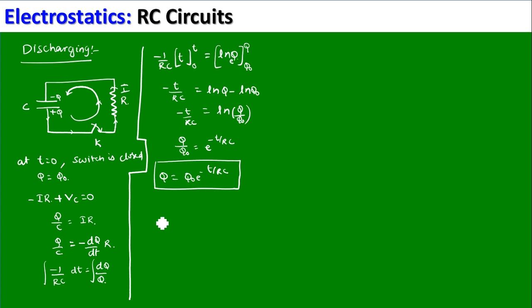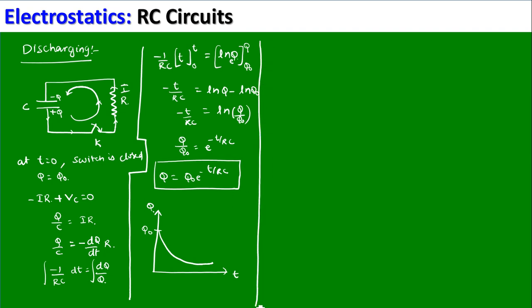It is exponentially decaying. Initially the charge is like this, q. The maximum charge will be q naught, and with respect to time it keeps on decreasing very fast. Now at a particular time constant, or we can say characteristic time, at a time tau, which is the characteristic time, equal to RC, what will happen? Q is equal to q naught into e power minus RC by RC, so we'll get e power minus 1. The value 1 by e is nothing but 0.368 times q naught.